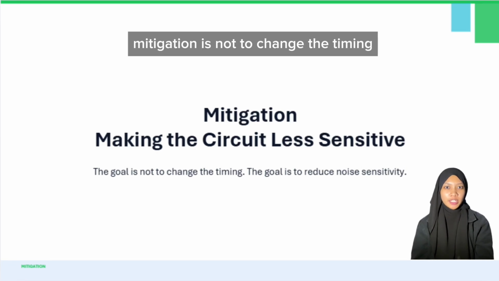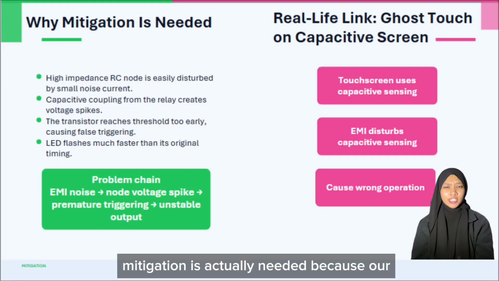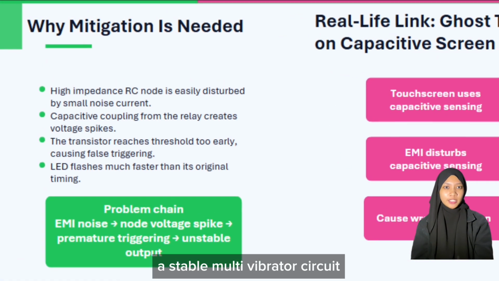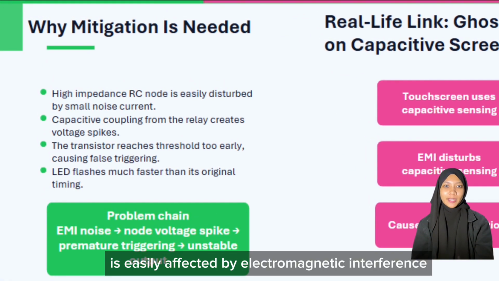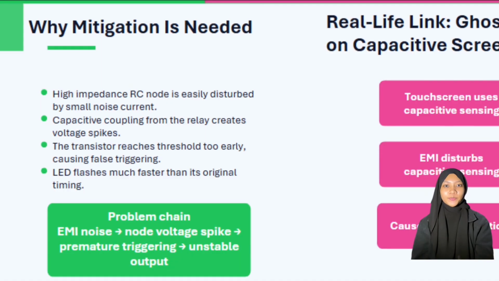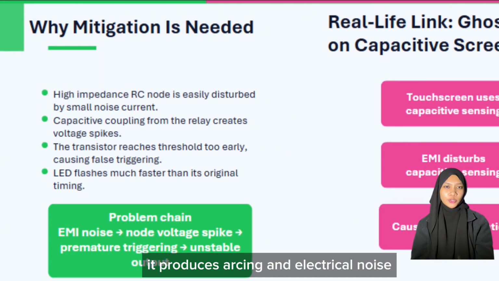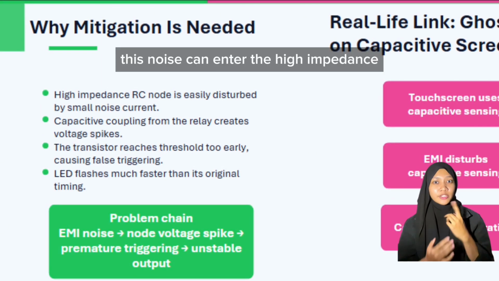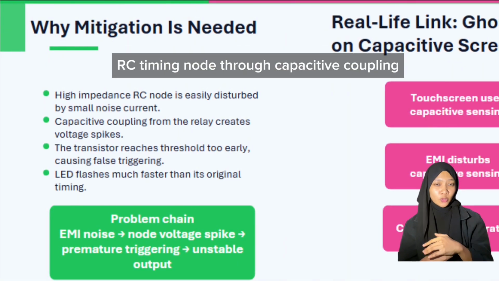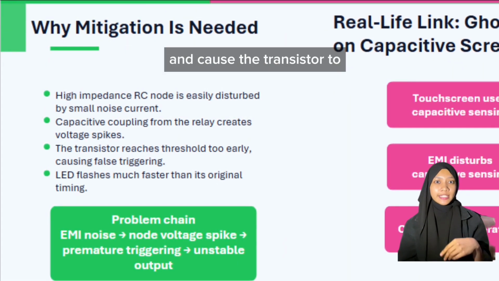Mitigation is not to change the timing, but to reduce the noise sensitivity. Mitigation is actually needed because our astable multivibrator circuit is easily affected by electromagnetic interference from the chattering relay. When the relay switches repeatedly, it produces arcing and electrical noise. This noise can enter the high impedance RC timing node through capacitive coupling and cause the transistor to trigger earlier